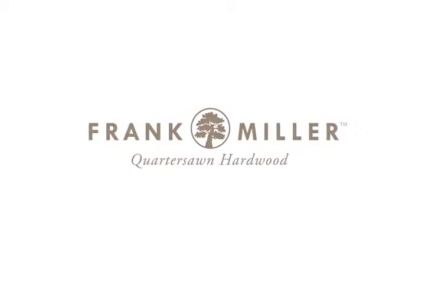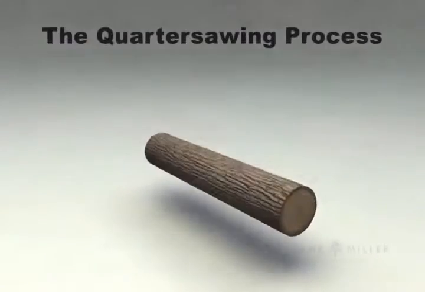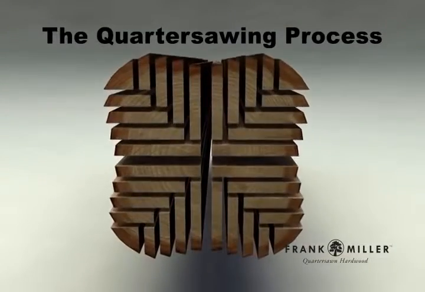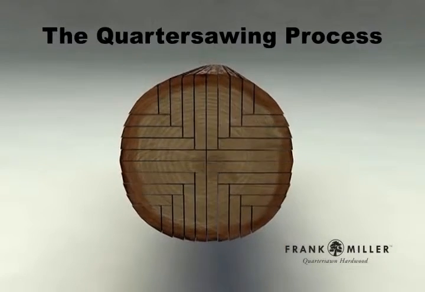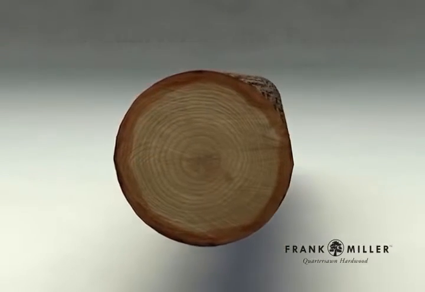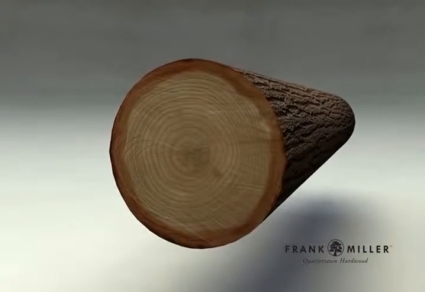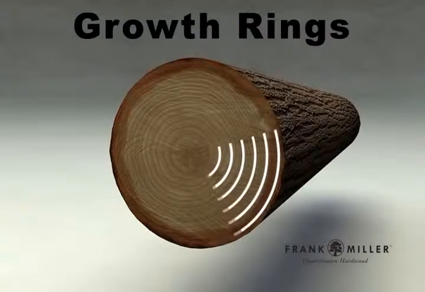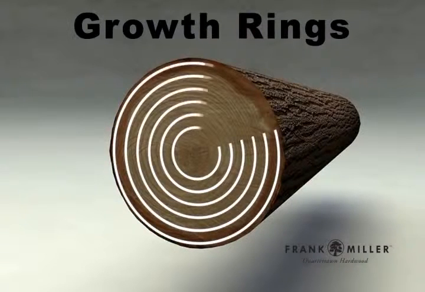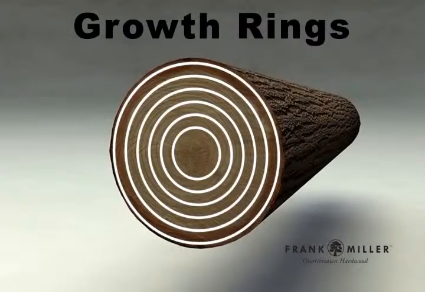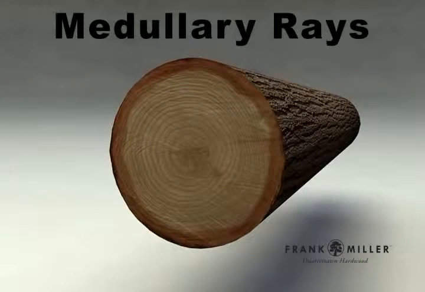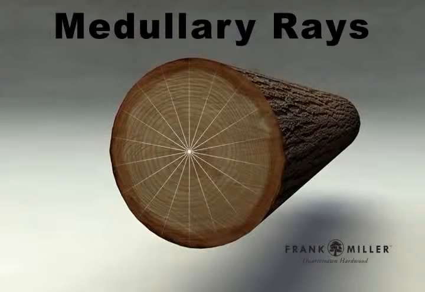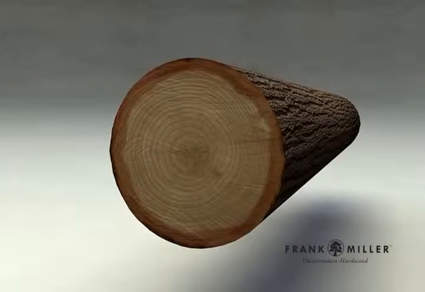This animation was created to show the quarter sawing process free from the distraction of the complex equipment required. In white and red oak, quarter sawing has a great deal to do visually with the geometric relationship between the growth rings and the medullary rays, which emanate from the center of the log like the spokes of a wheel. All trees have these rays, but in red and white oak they are most pronounced, allowing for the visual separation